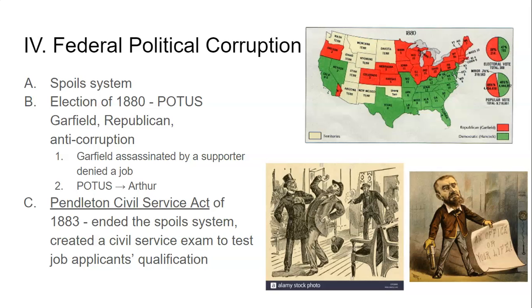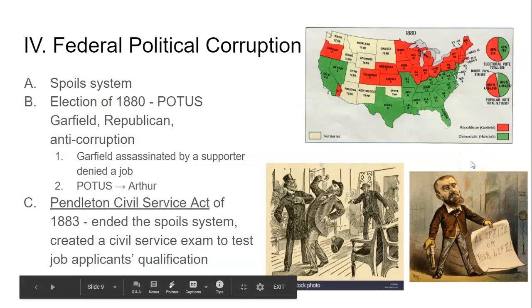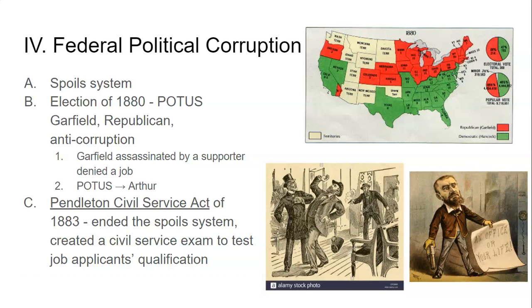And so in 1880, President Garfield was elected. He ran on an anti-corruption platform, and when he became president, he tried to phase out the spoils system. So there was this man who was looking for a job. His name was Charles Guiteau, and he was probably suffering from some psychological disorders as well. But he believed that he should be, I think it was, the minister to France. And so he went to the White House to speak to Garfield and asked Garfield to be the minister to France. And Garfield said nope. And then Guiteau eventually ended up assassinating Garfield.